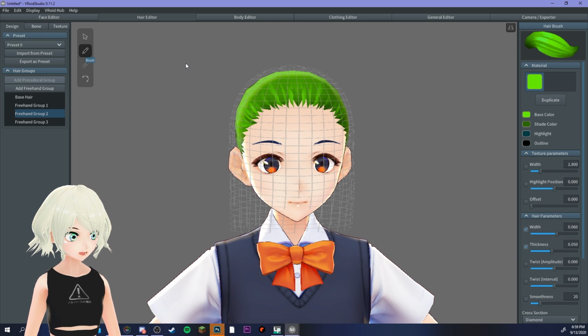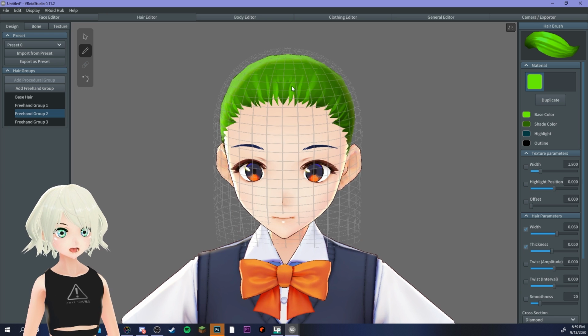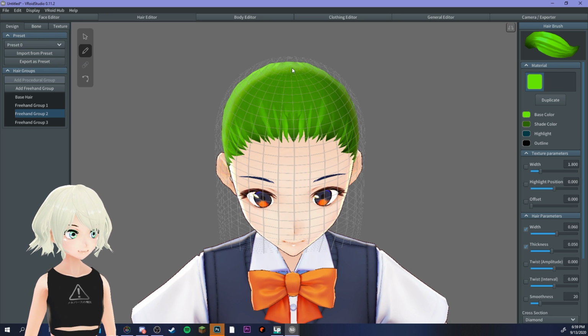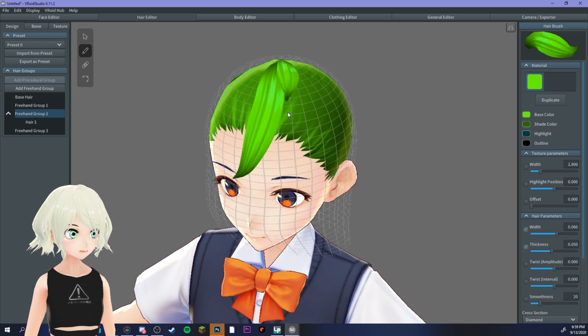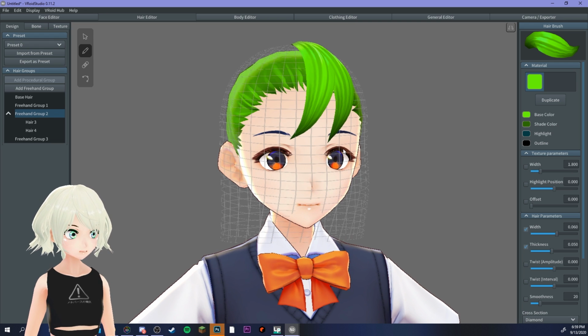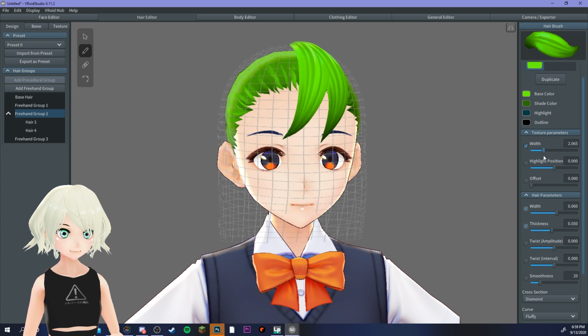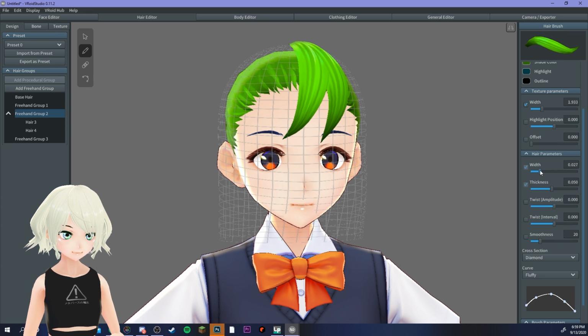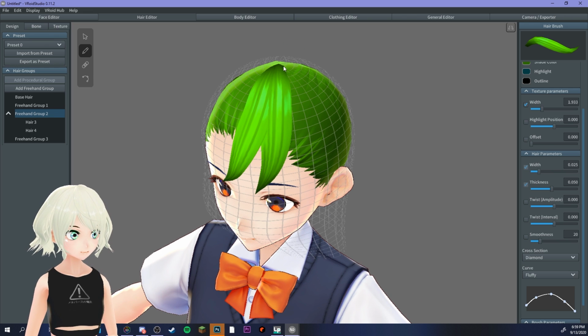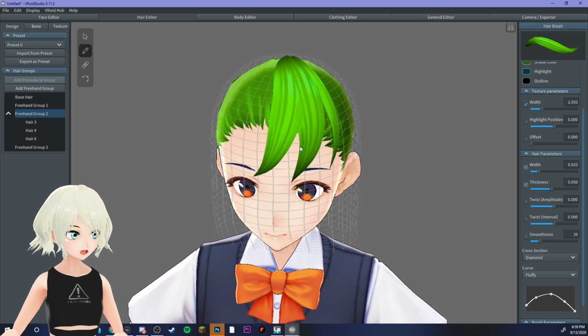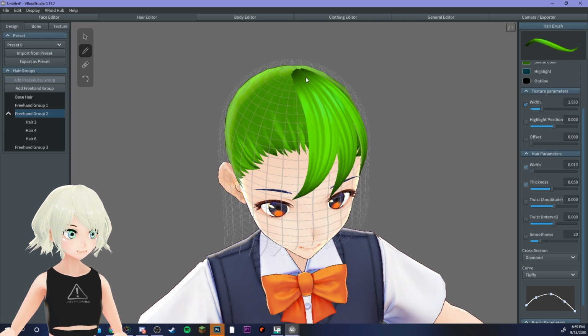So I pick the brush tool, and I can draw on some separate hair. So I always start with the bangs. I take the mirror tool off, and then you can just very easily draw things on, okay? So here's kind of how it would look. If you come over here, you can change the texture parameters. So you can see that that's being changed. But I can also change things like the thickness and the width. So very quickly, I'm just gonna draw some little ones kind of in between,